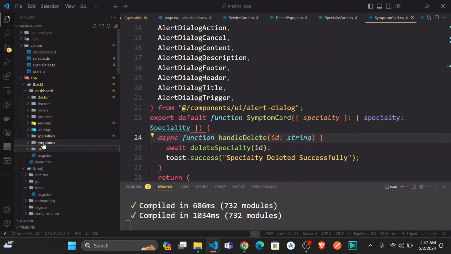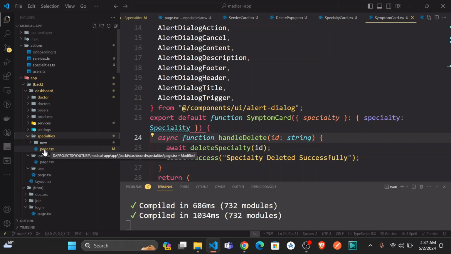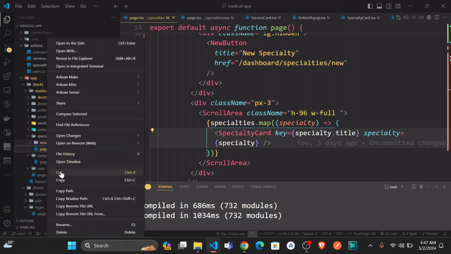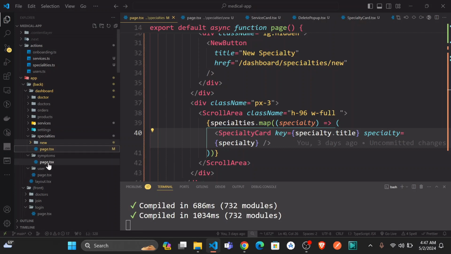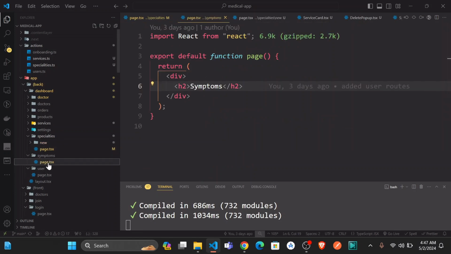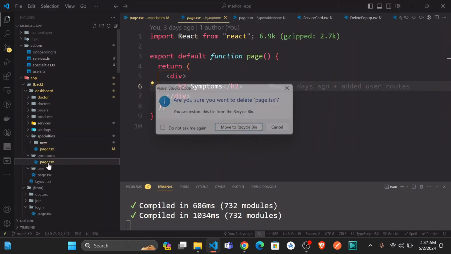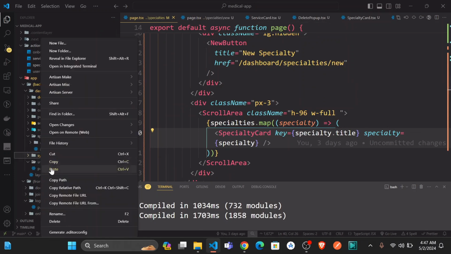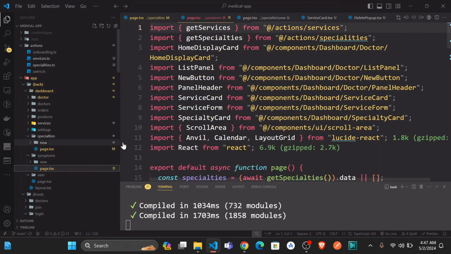So in the symptoms already we have the page. So I'm just going to go and copy this. We have the page, we have the new. Okay, so just copy these two. I'm just going to delete this page that is in the symptoms. So paste. So in this page,